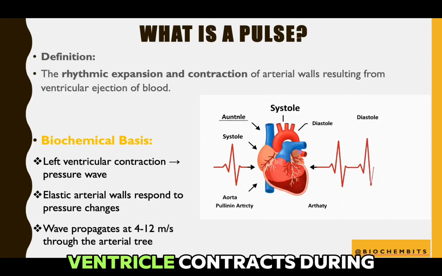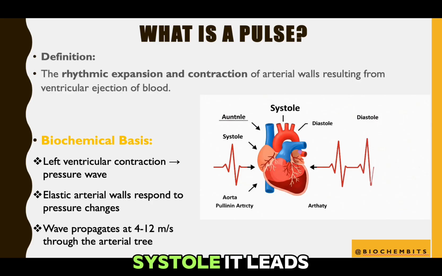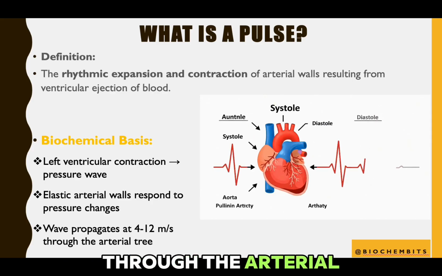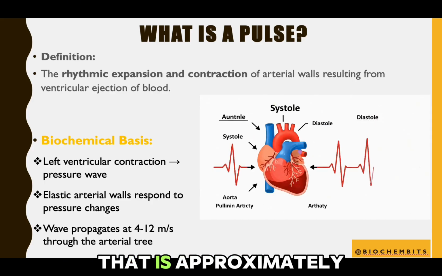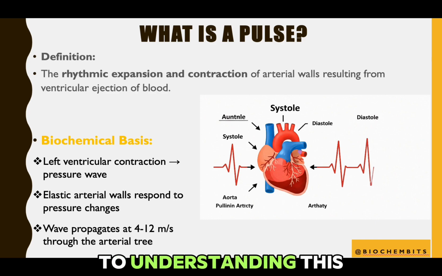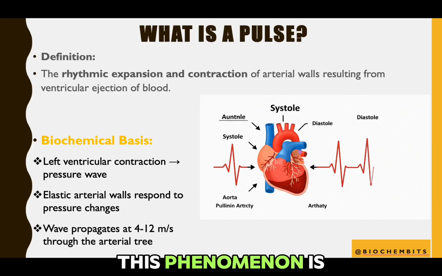When the left ventricle contracts during systole, it leads to the ejection of blood into the aorta, and this then creates some sort of pressure that travels as a wave. As you can see in the video on my screen right now, the pressure wave travels through the arterial tree at a speed of approximately 4 to 12 meters per second, and sometimes the speed is faster than the actual blood flow. So the key to understanding this phenomenon is first knowing why this